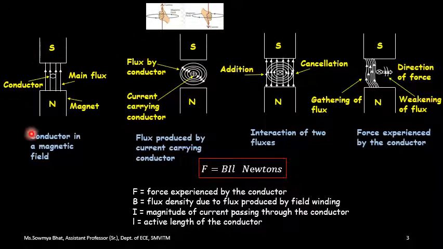If you see this first diagram, which I have named conductor in a magnetic field, it is as simple as what I explained in my first slide. Here the round block you can see is nothing but a conductor. Then I am going to have a magnetic field. How am I going to create it? I am going to consider an electromagnet. Here I have considered this as a south pole and this as a north pole. These are the iron cores, and this will behave like a magnet.